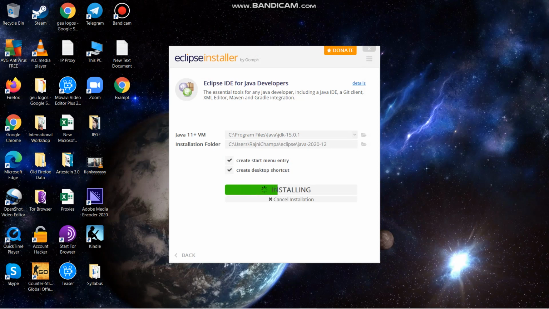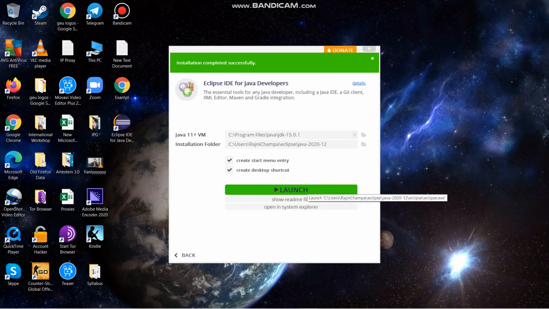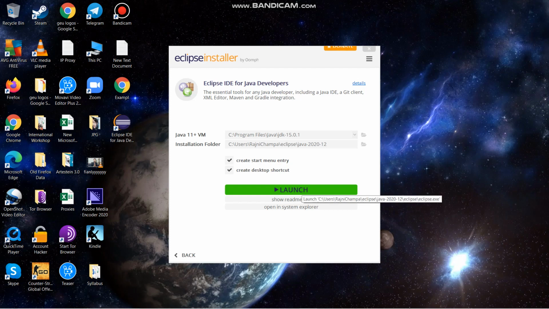So now the installation is getting started. As you can see, the Eclipse IDE for Java Developers gives this option: the essential tools for any Java developer, including a Java IDE, a Git client, XML editor, Maven, and Gradle integration.